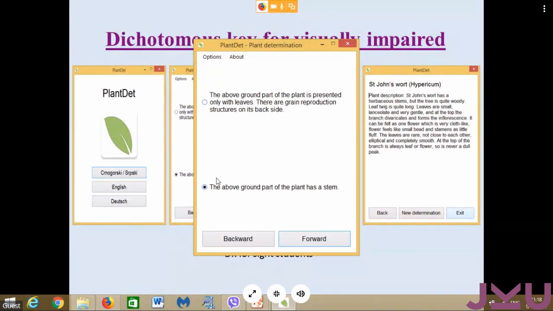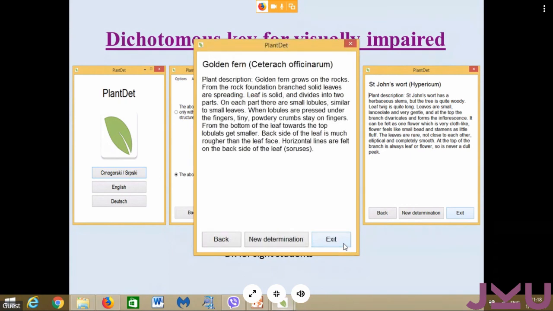button, and after that, again, they have one more question. They explore by touching or smelling the plants, and when they select the option which is suitable for their plant, they again press this button, and they get the name of the plant and a short description, which is based on perception without vision. If we compare this